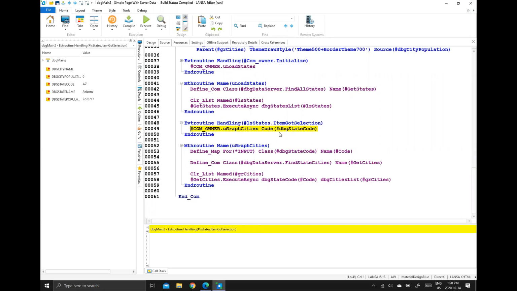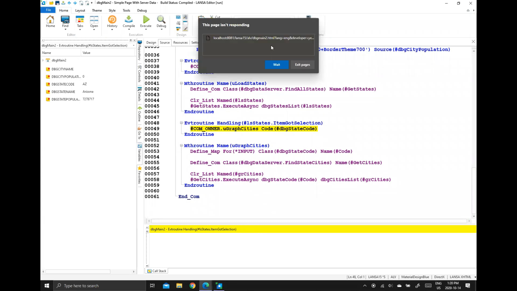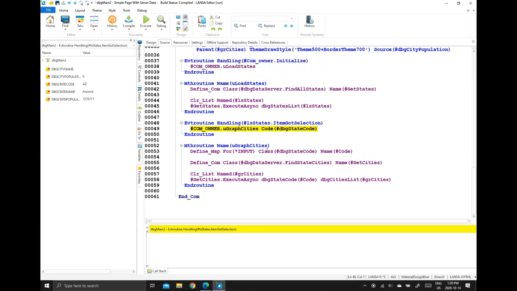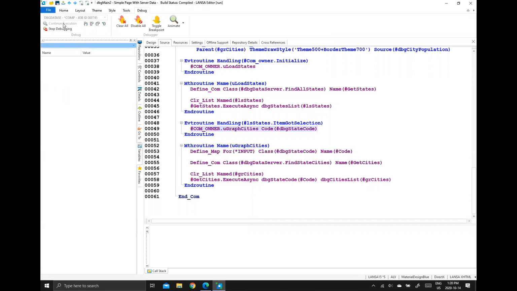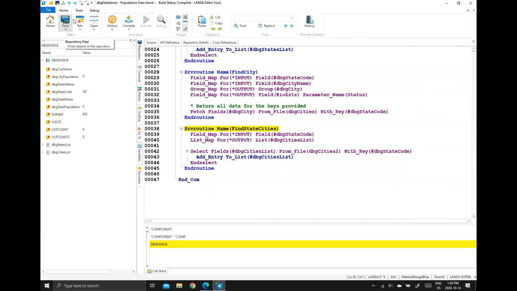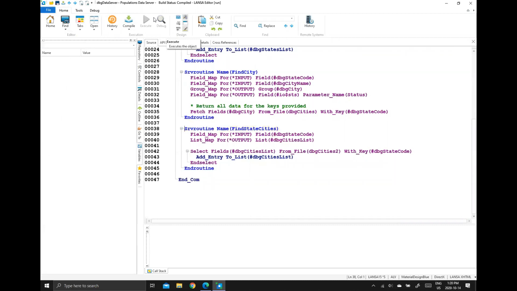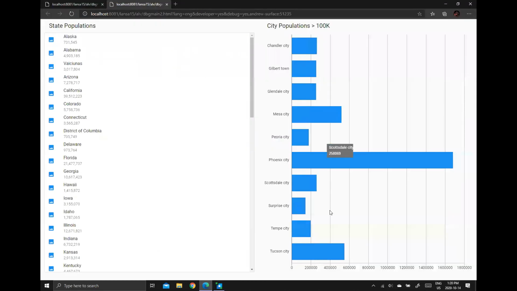So now I can go in there and continue the processing, right? If at any time I go, you know what, now I know that this piece is working and I just want to move on and finish off, I can just say continue execution. That's the same as hitting F5. I'll hit F5 again here on the server side. So it'll come back, and we see now that those are all the cities in